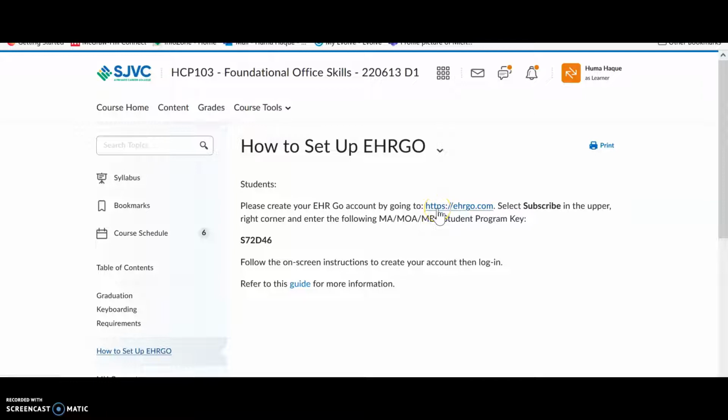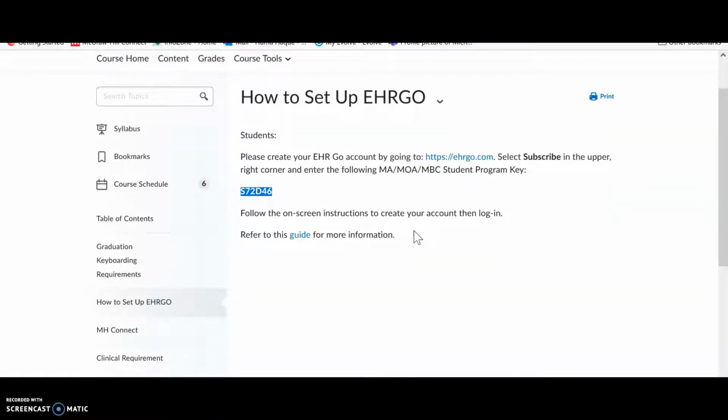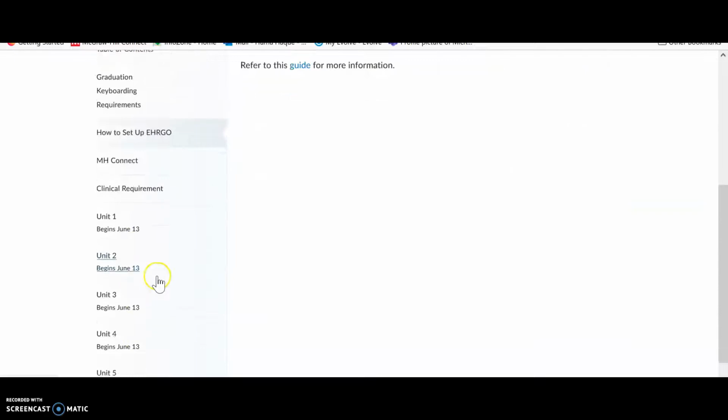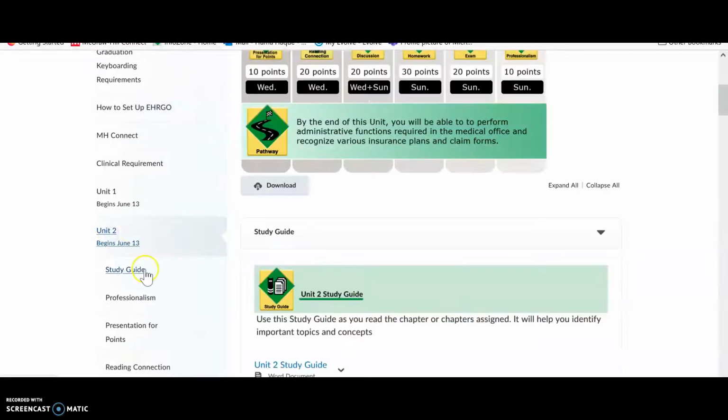on this link to create an account using your name, your school email, especially your school email, and all the information that it is asking, along with the student program key, which is right here for you. There's also a little guide here which will help you. Once you create an account, you don't have to stay there anymore. You can exit out, but now you can go to your assignment, and